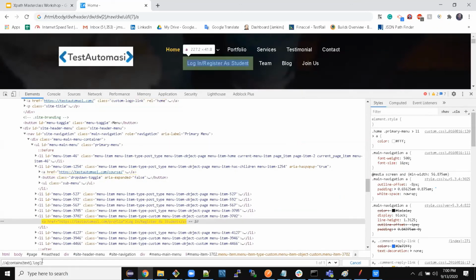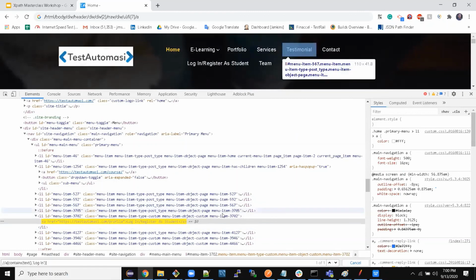Here log is the text, but log is not readable. You are writing the XPath for login, so make it readable also. So I can say log and then in. I think there is one extra space here. Okay, so that's how you can write a relative XPath.